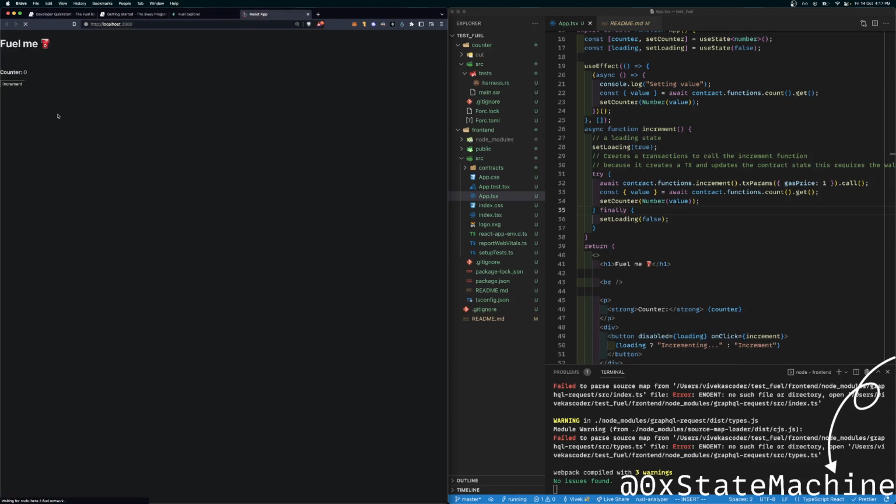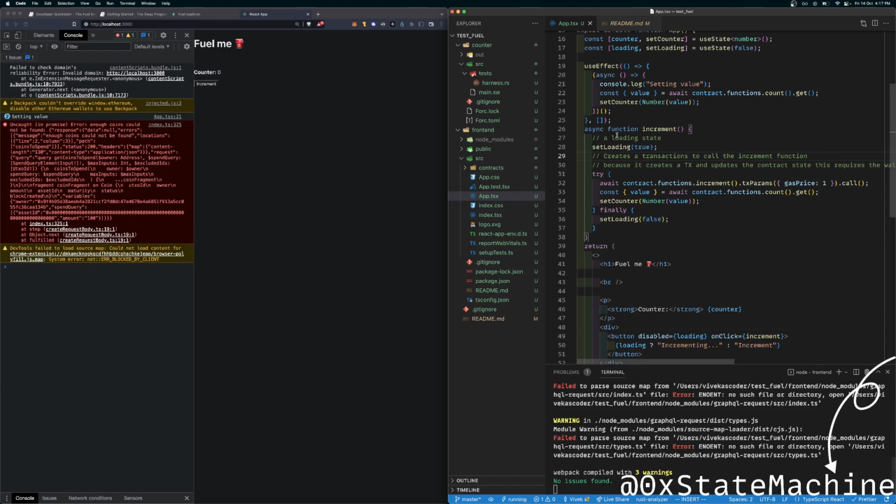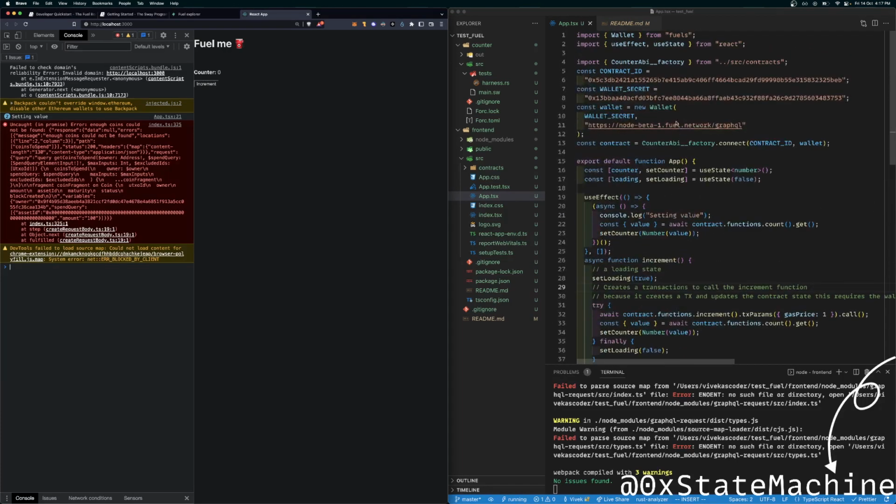We go here and we increment, and let's take a look at the inspector. We have an issue. Oh yeah, enough coins could not be found. It does make sense. What we can do is, is there a way I can show this somewhere?